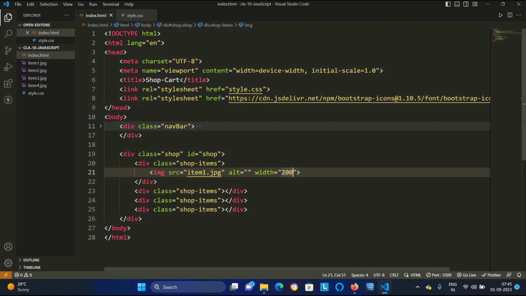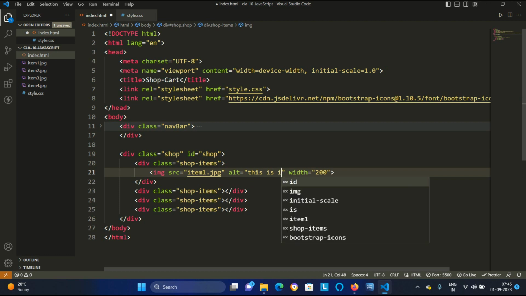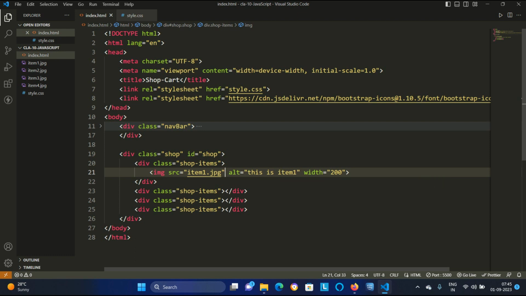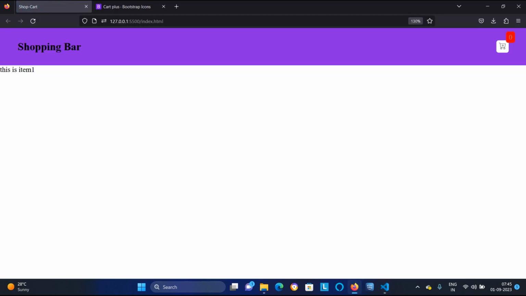Now alt, what is alt? At the place of alt, whatever you want to write, you can write. Suppose this is item1, this is the message you want to print. If you make any mistake, suppose in the images I write jpg like this, look, the image is not coming, but at the place of the image this message is coming that this is item1.